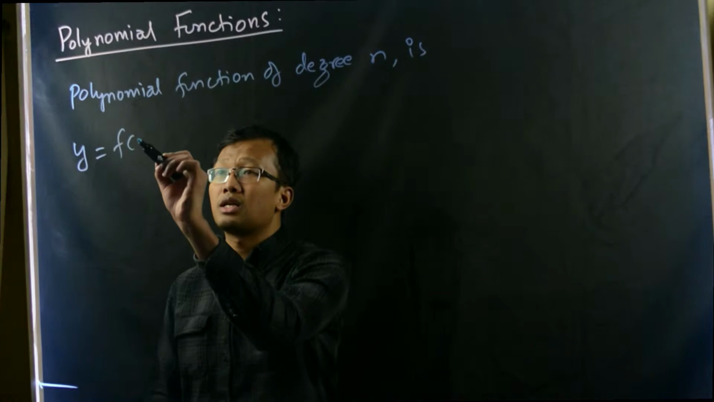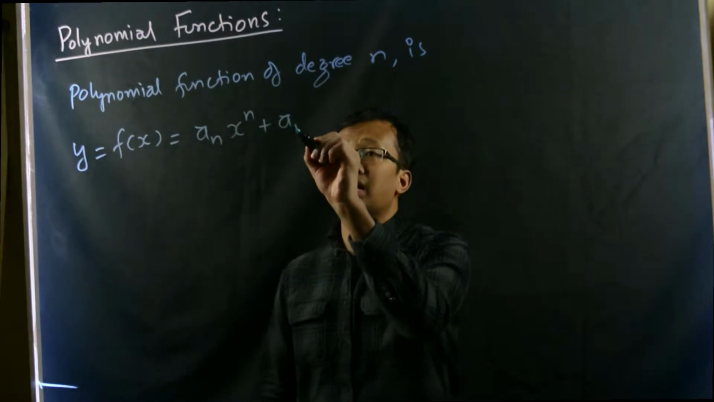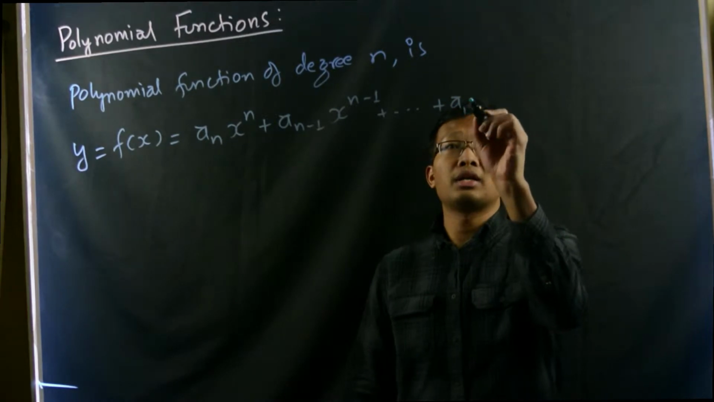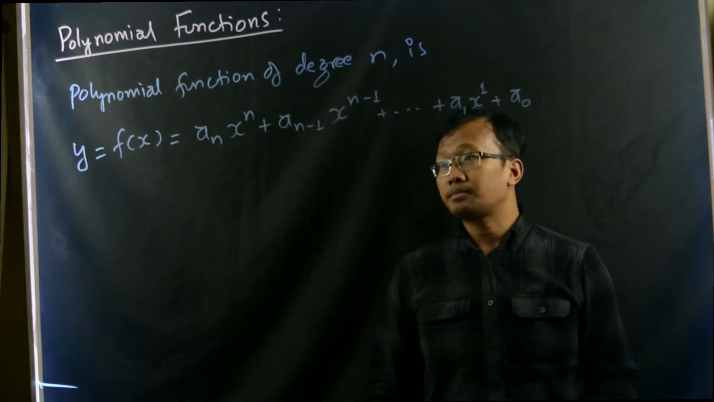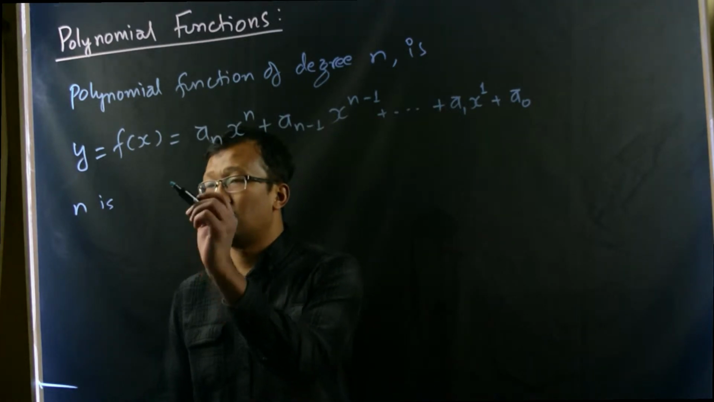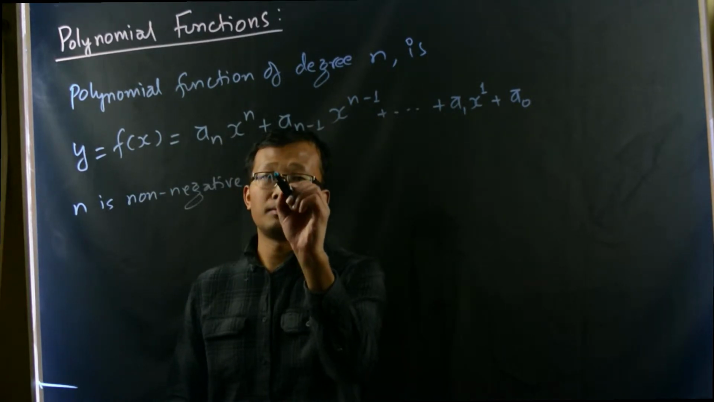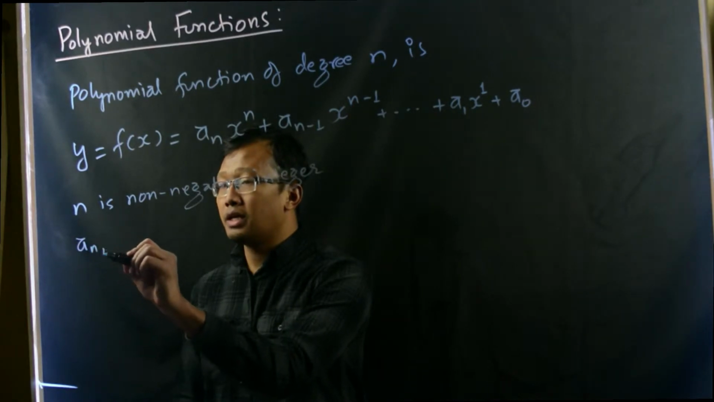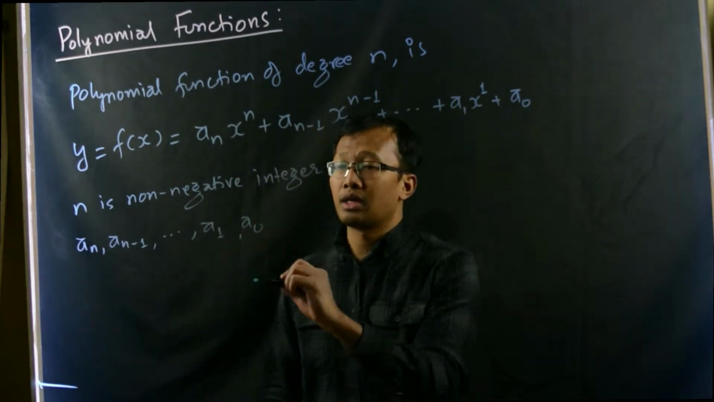y equals f of x equals a_n x to the power n plus a_(n-1) x to the power n minus 1 plus up to a_1 x to the power 1 plus a_0 x to the power 0, where this n is a non-negative integer. All these a_(n-1), a_1, a_0 are coefficients,